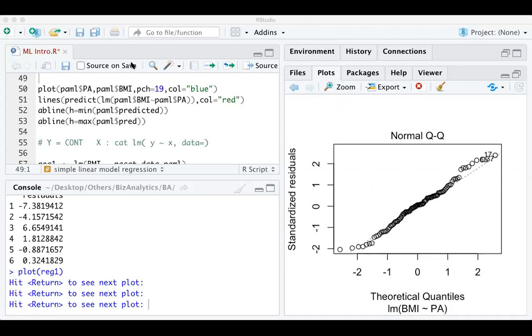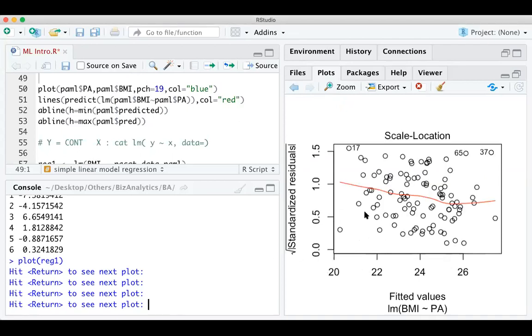Okay, fine. So we have done this. Now third plot, you can go to the third plot, enter. So this is my third plot. What does the third plot speak about? It is more or less the same thing, what we can call a homoscedasticity graph. The only thing is, you can see there are some numbers given, 17, 65, 35. These are labels actually. That is what we call a label.